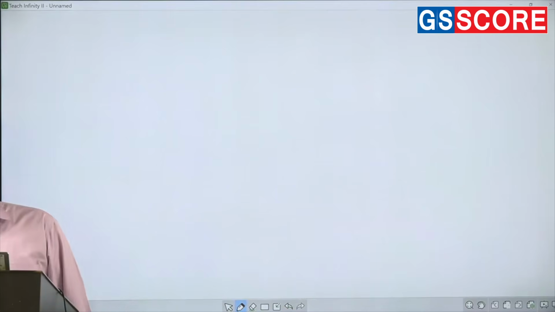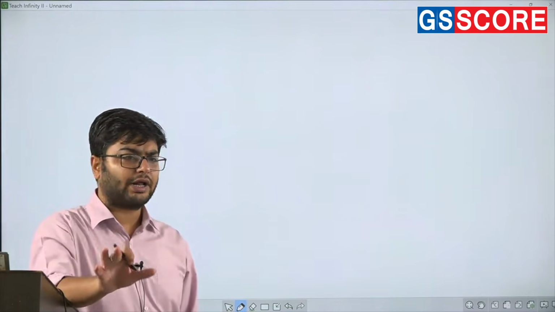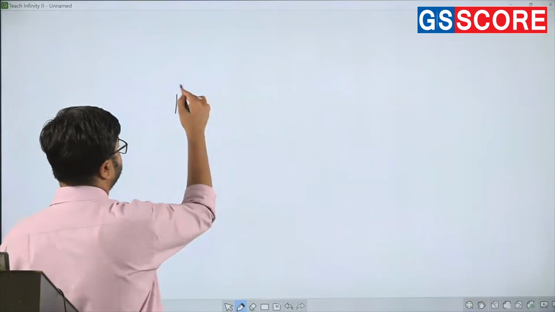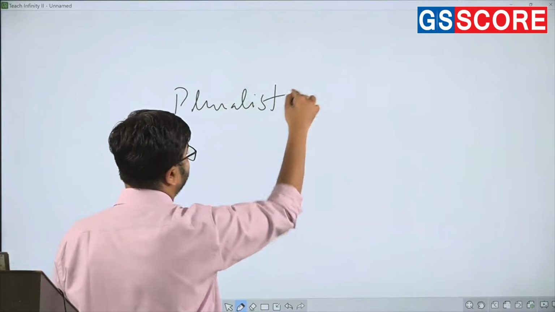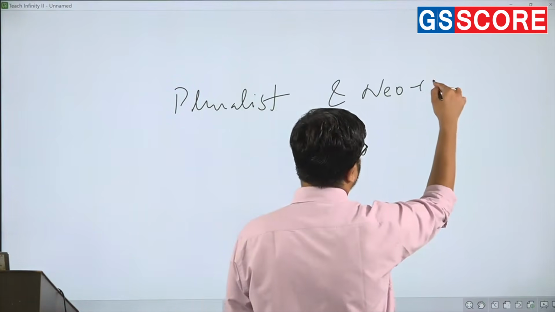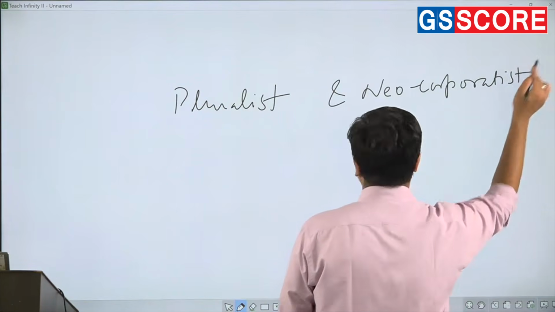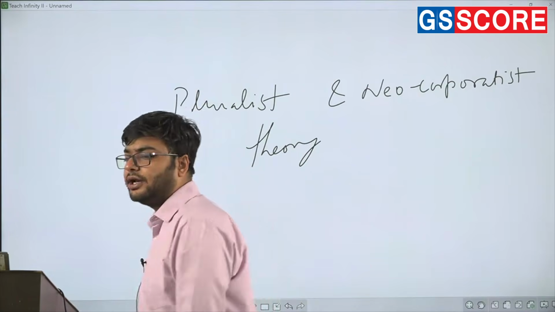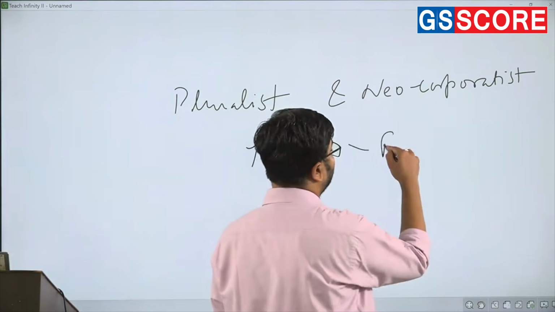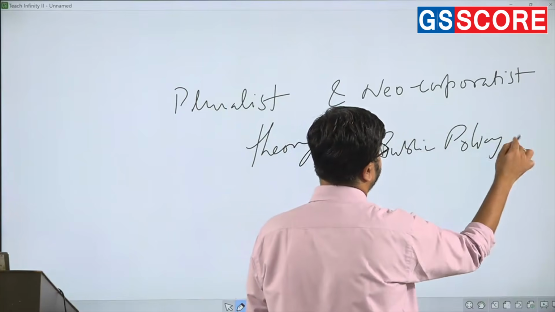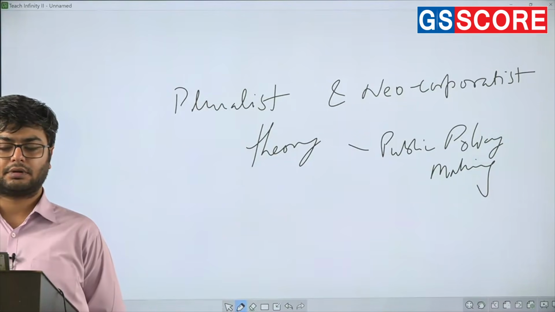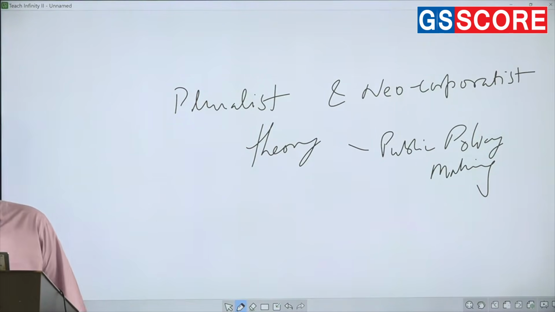Now, I want to draw your attention regarding interest groups, and obviously, interest groups is broader area. You can use it for the broader aspect of civil society. Is the pluralist and neo-corporatist theory on role of interest group in public policy making. So you see, pluralist